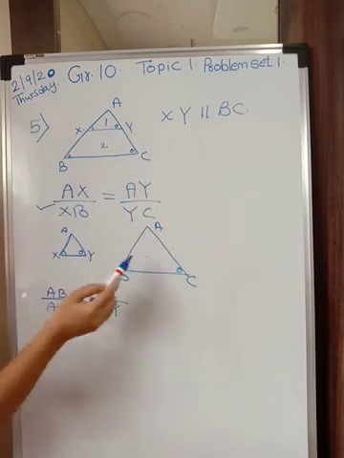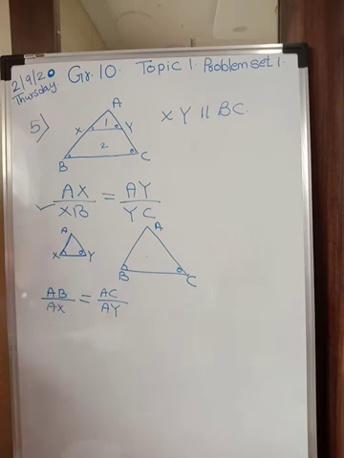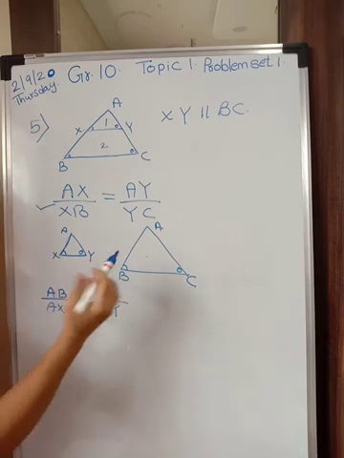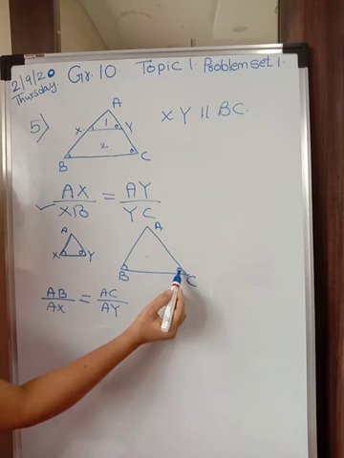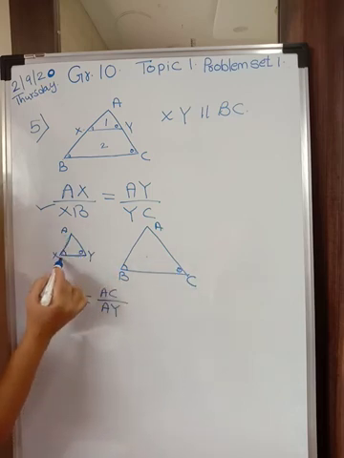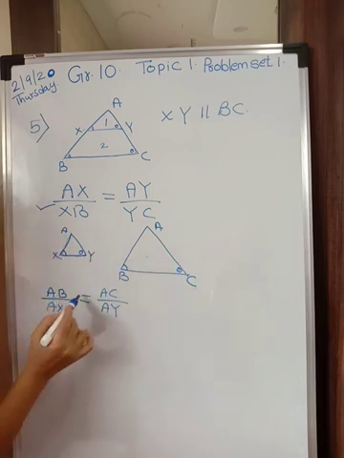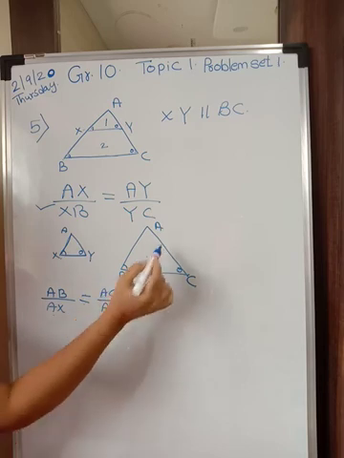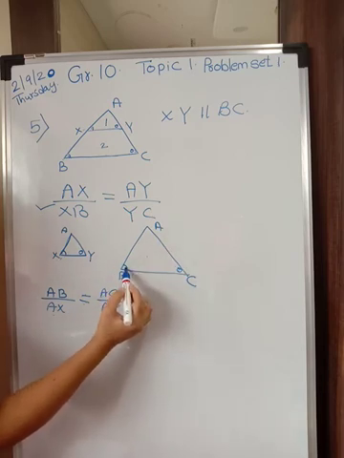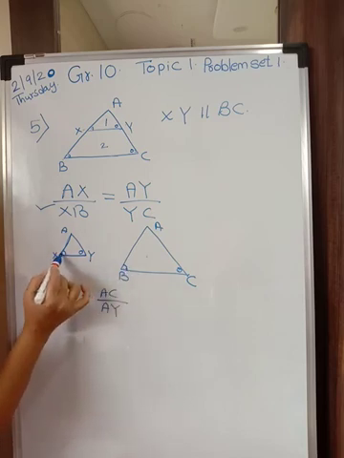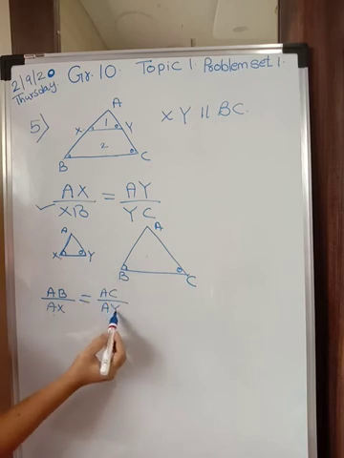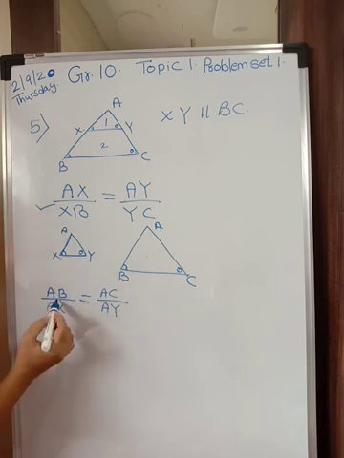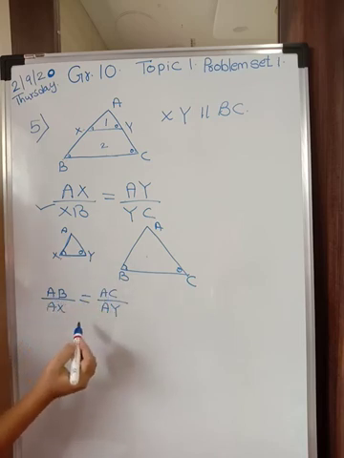Now if the triangles are similar, the sides are in proportion. Now see how I am writing proportionality. AB is opposite to this angle. So opposite to this angle is side AX. So I have written AB upon AX is equal to AC. AC is opposite to this angle. So opposite to B angle, the angle equal to B is angle X. So opposite to X angle is AY. So I have written here AY. So what ratio I got? AB upon AX is equal to AC upon AY.